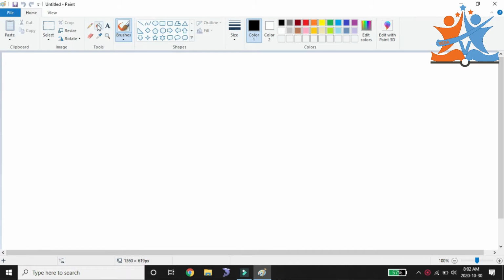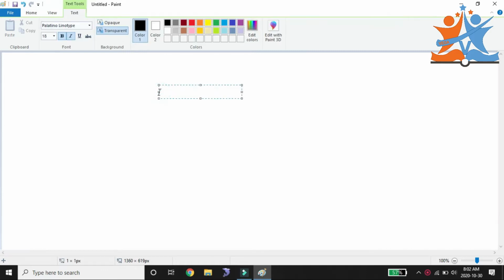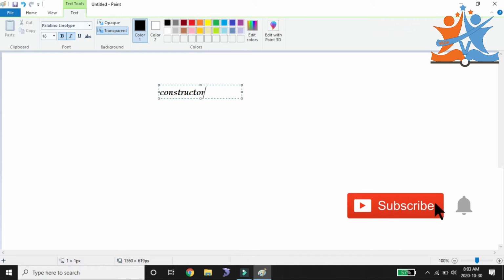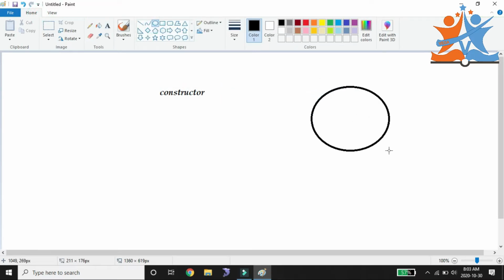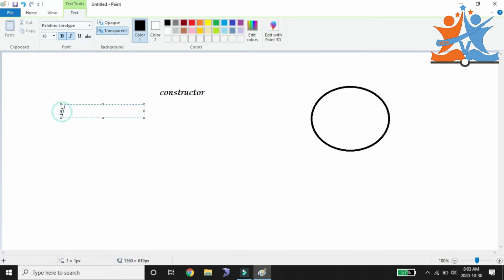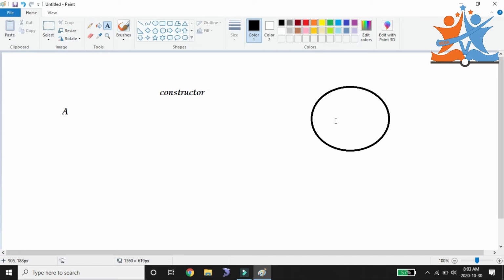So generally, what is a constructor? A constructor is nothing but a particular object creation involver. Whenever we want to create an object for a class, say I have a class A, I need to create one object for it. An object is nothing but a memory creation area.